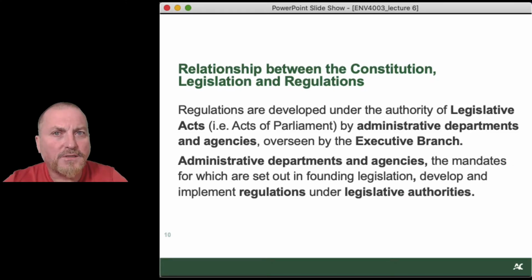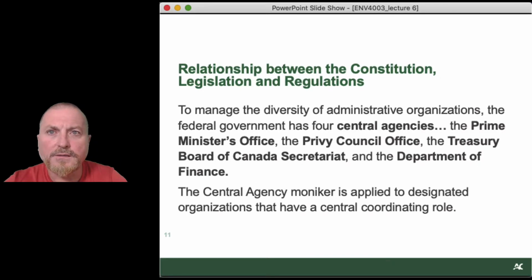And administrative departments and agencies have mandates to develop these policy instruments on behalf of the minister, right? And I'll talk about that in a minute when I talk about laws of general application. To manage all this diversity of all the departments and agencies in government, there are central agencies that are really critical for any policy person to understand. These central agencies occur at the federal level, but similar entities occur at the provincial level as well. Okay, that being the Prime Minister's office, the Privy Council office, the Treasury Board Secretariat, and the Department of Finance